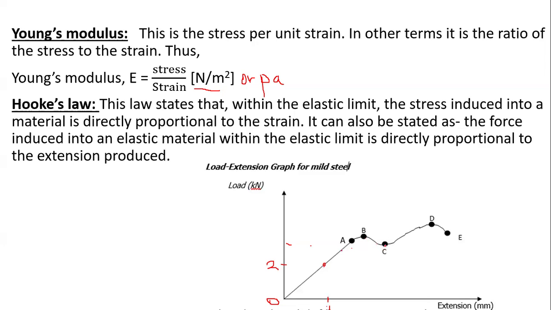So when you reach point C, we already have a new shape. C to D is a permanent set because the shape you have there is deformed. The material you are testing has now been deformed. These dimensions have been tampered with. It's no longer what you started with. Point D, when you look at our graph, gives us the biggest value of your force,